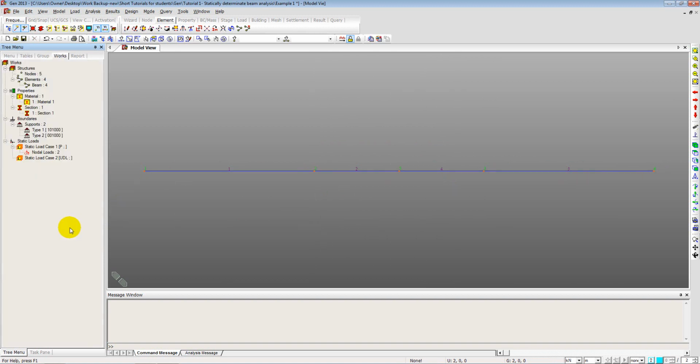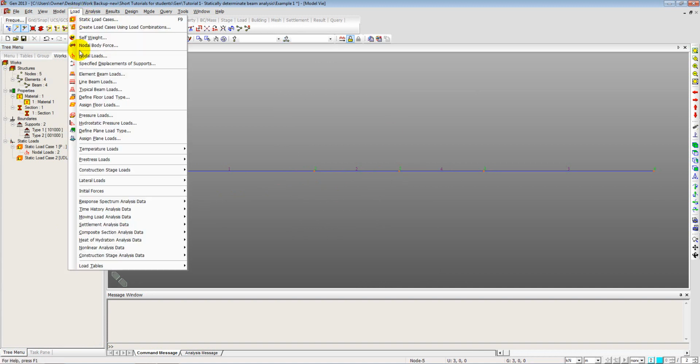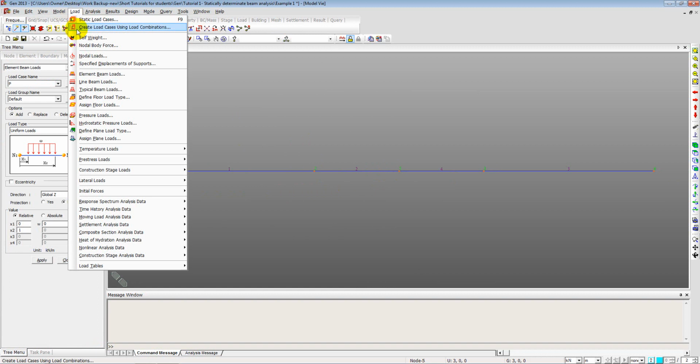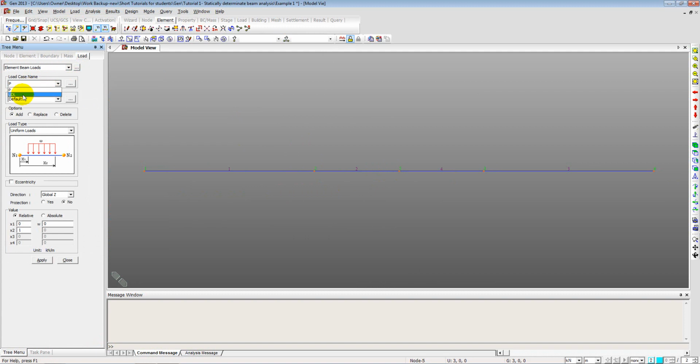So I'll close this, and now we go back to loads, element beam loads. For uniformly distributed loads or any type of load on the element, we use this option, element beam loads. Now this time the name that we want is UDL. The load type is uniform load, so the symbol or the diagram can be seen here. Now select the elements which you want to load. So I selected these 2 elements here. Just create a window,